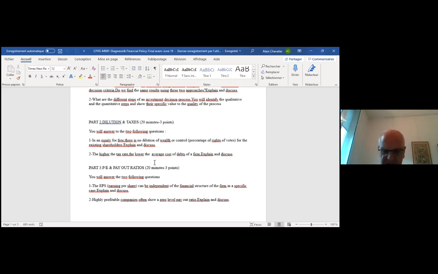So to summarize, for non-profitable firms, there is no impact of the tax rate. The cost of debt after taxes is equal to the cost of debt before taxes. For profitable firms, the situation is completely different. Of course, the cost of debt after taxes is lower than the cost of debt before taxes. And the higher the tax rate, the lower the cost of debt.